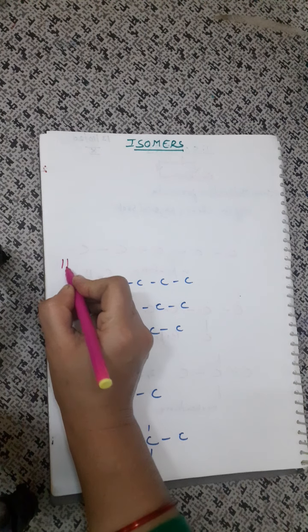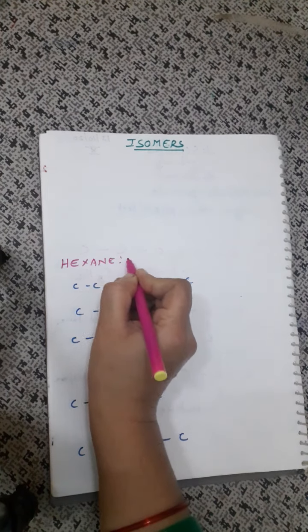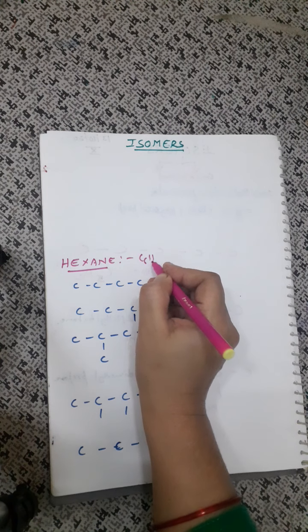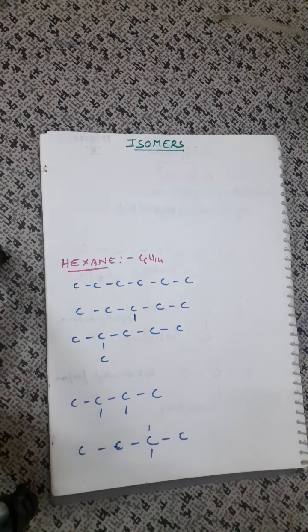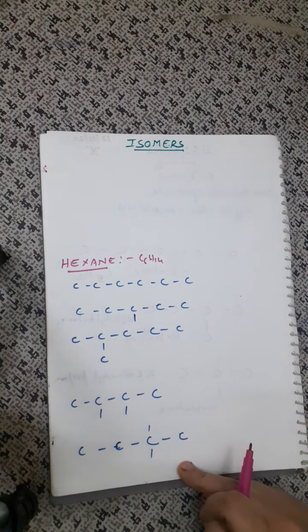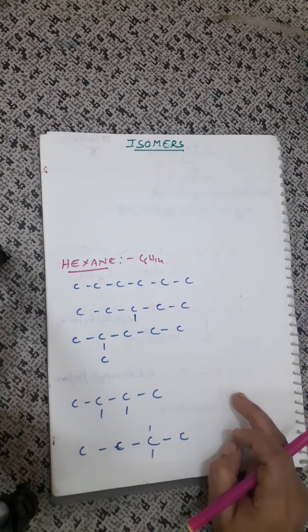Now, here in front of you, if you see, I've just drawn a skeletal of the various possible isomers of hexane. Now, what is the formula of hexane, children? C6H14. So, I hope how many isomers now you got for hexane? Yes, you all must have got five isomers. That is 4 plus 1. Altogether 5 types of isomers for hexane.